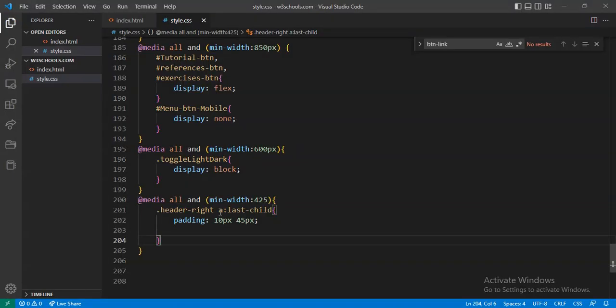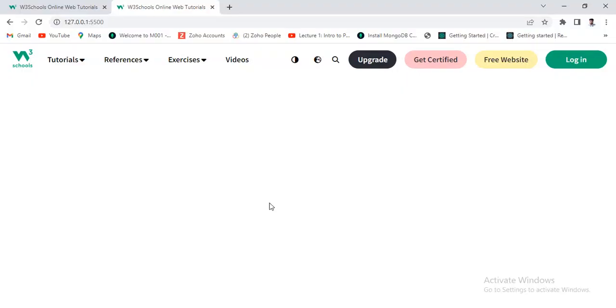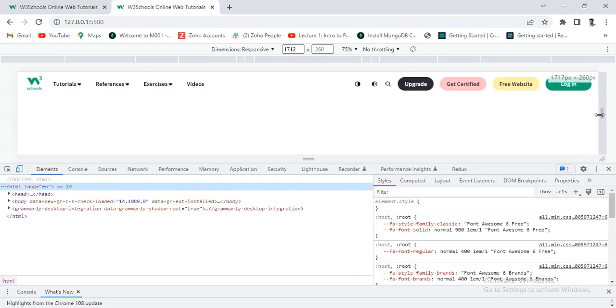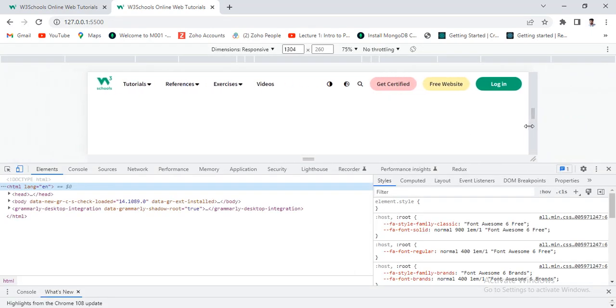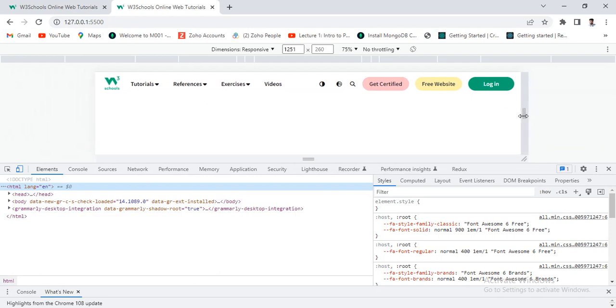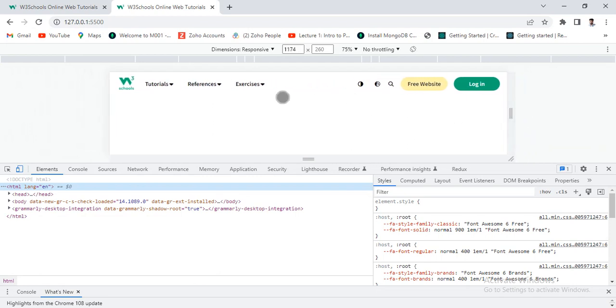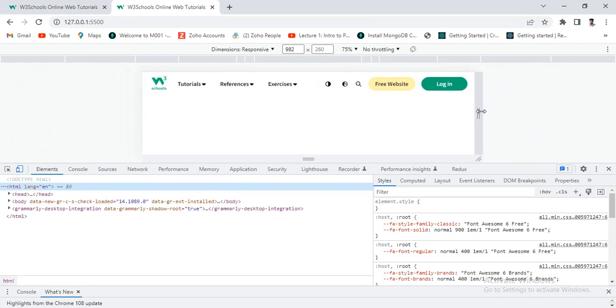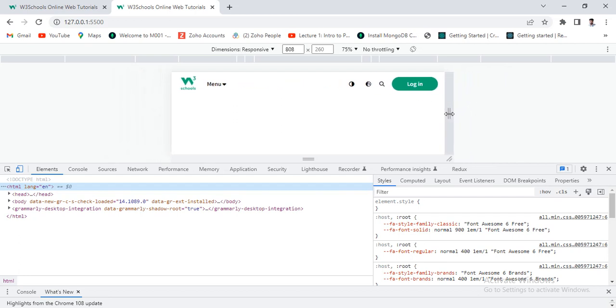Okay, why are these not changed? Let me just see here. I was not giving the pixel. Yeah, now see, and let me just check. When I reduce to 13, then this upgrade will be gone. When I reduce more, both. Again see this one gone, again this will be gone,